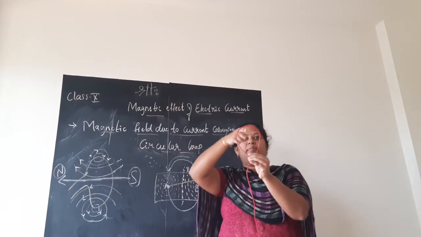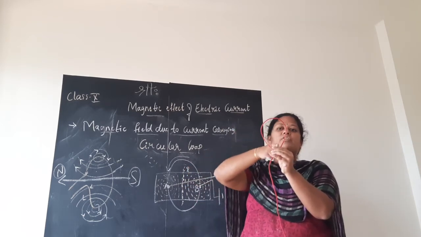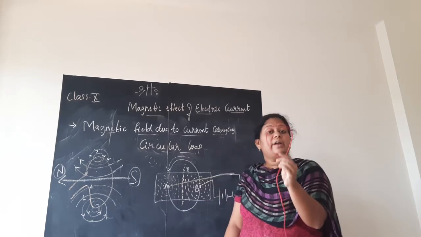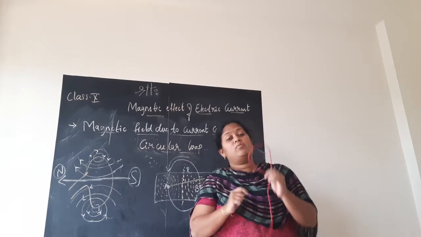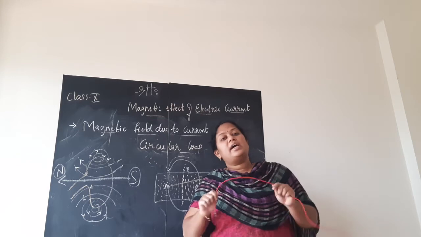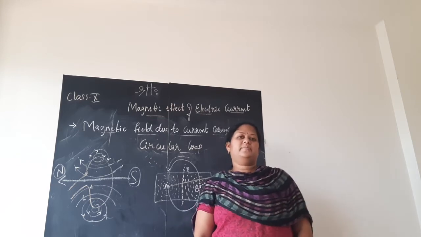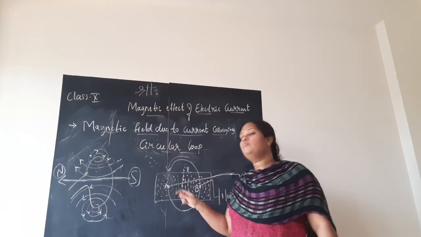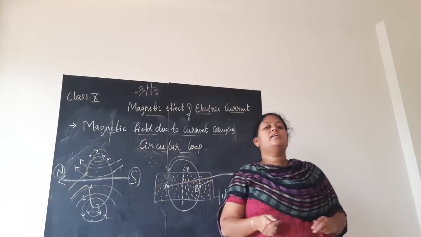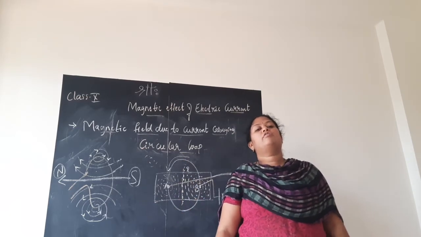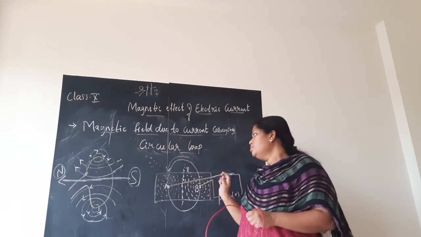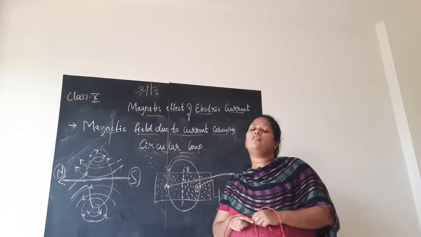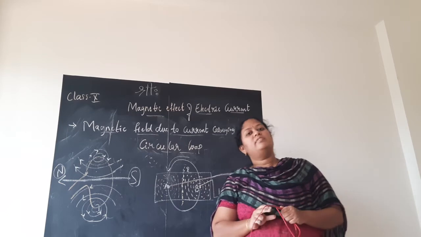Arcs are coming. But by the time you reach the center, the center of the loop, it became almost a straight line. What is this straight line? It is the magnetic lines of force, children, that you should know. So these concentric circles almost became a straight line by the time we reach the center of the loop. So that is what we understand. Here also the same concept of a straight conductor is what we are applying.